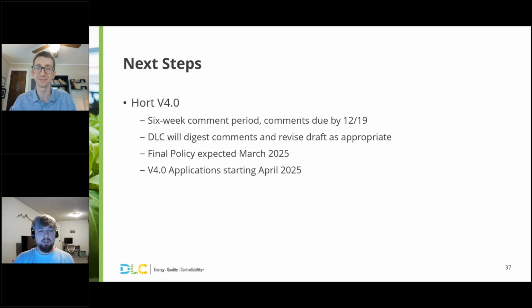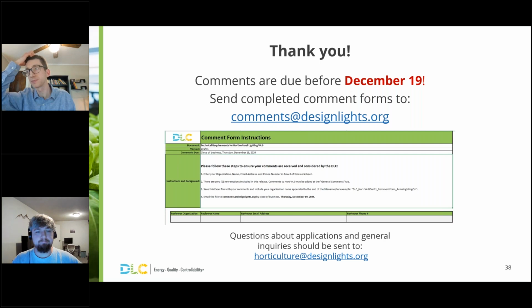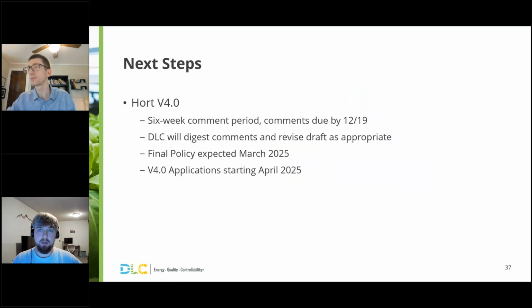We'll start accepting applications aiming at April 2025, and then there'll be essentially 9 months between the final policy and when version 3 listed products need to update to version 4. That being said,